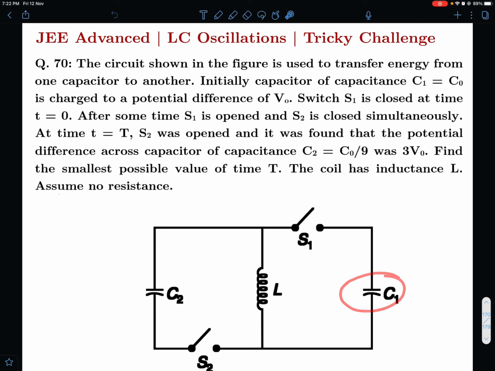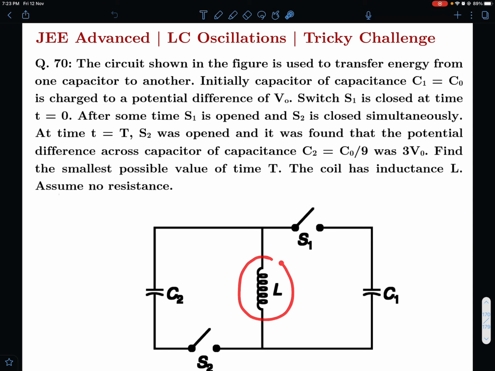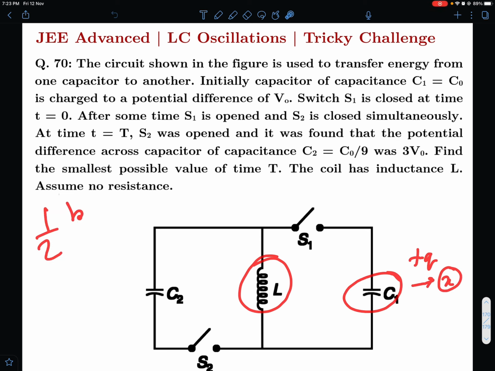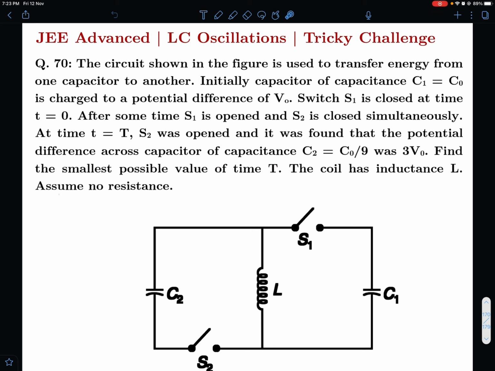Okay, so just like spring mass system oscillations are happening over here, and this is having some potential difference V0 and then that will be reducing. Initially the current here is 0. If the current here is 0, then if you compare it with SHM, that is equivalent to saying that velocity is 0. That means we are talking about the extreme position, and the charge is comparable to what? x, right? Because the stored energy is half kx square and here the stored energy is q square by 2c. So the spring constant is comparable to 1 by c and the charge is comparable to x, and exactly by that analogy we can say that this is just like oscillations of the spring mass system.